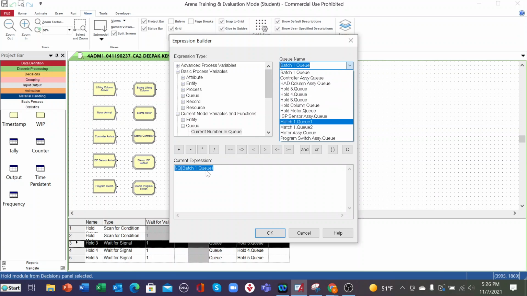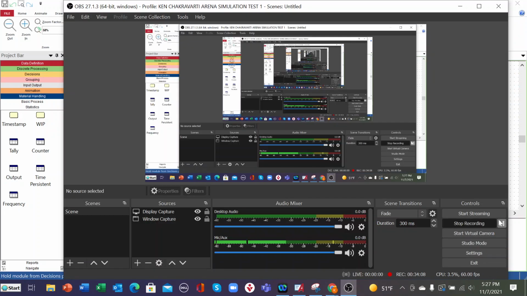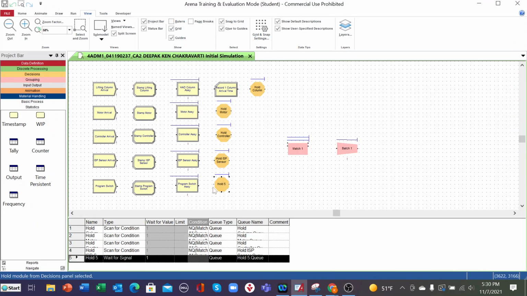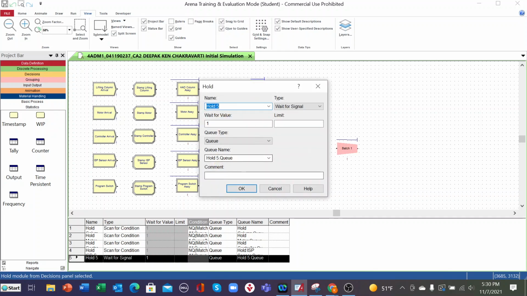So batch 1 queue, hold queue, hold 5 q5. Okay, let me just do one thing here. Okay, so skip some, try to cut down on the time. So this one, the last one is hold 5, which is the program switch. Hold program